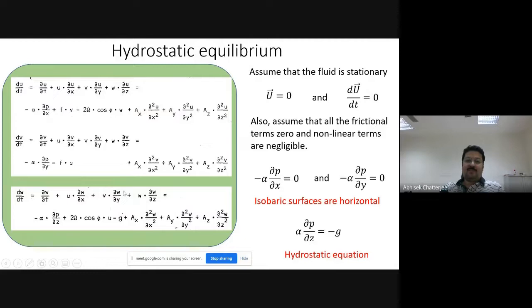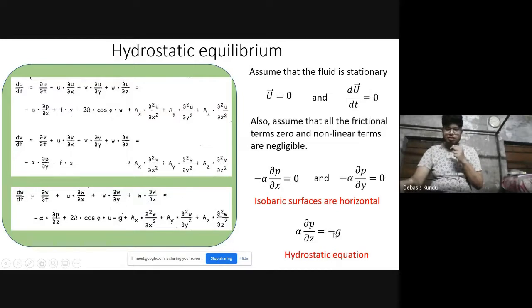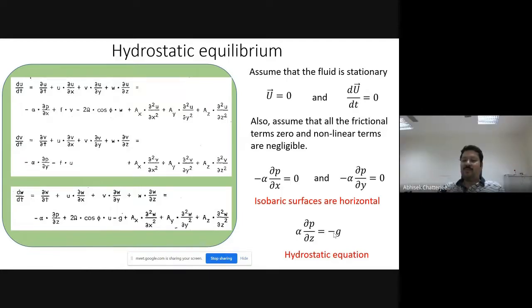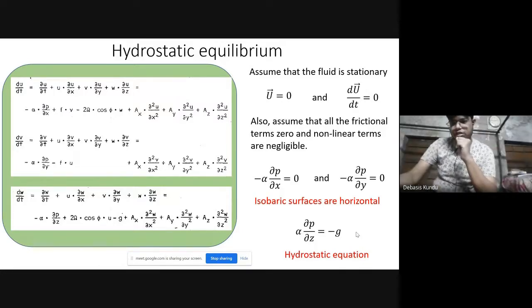So if we use the Navier-Stokes equation, then we are getting a minus sign. So P, say, for example rho is constant, that means alpha is constant. Then P will be equal to minus rho G Z. Okay, so that's another hint. So at any given point, pressure is equal to rho G Z, but with a minus sign. Pressure increases when Z decreases.